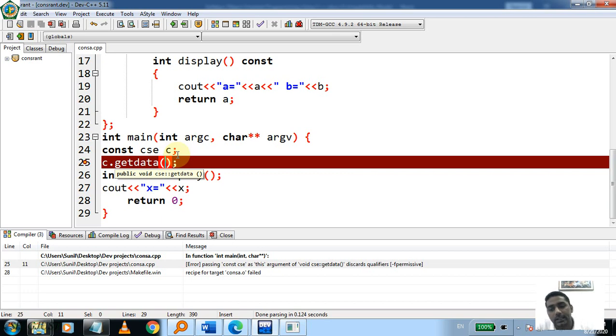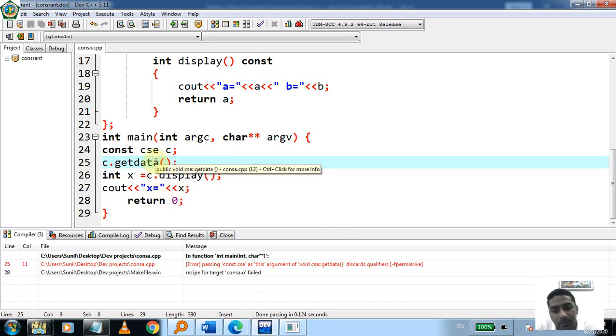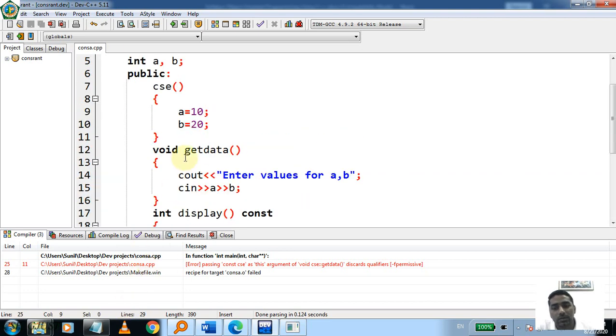Now the problem is the second error: passing constant CSC as this argument of void CSC get data discards qualifier. It means you cannot call any normal member function of a class which is not constant. There are two conditions. If you have a function with constant like display, and a function without constant, that is called a normal member function.